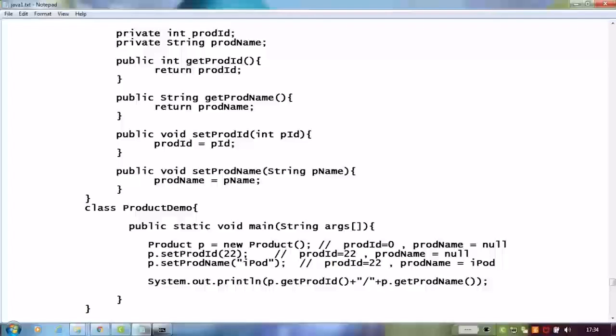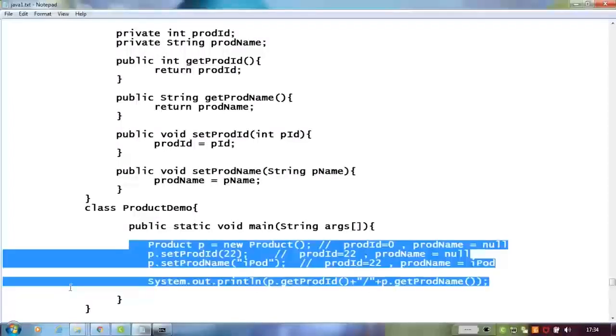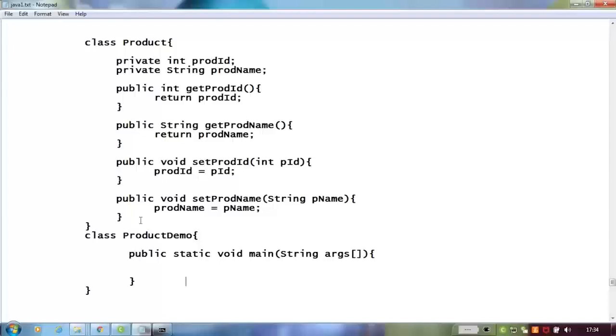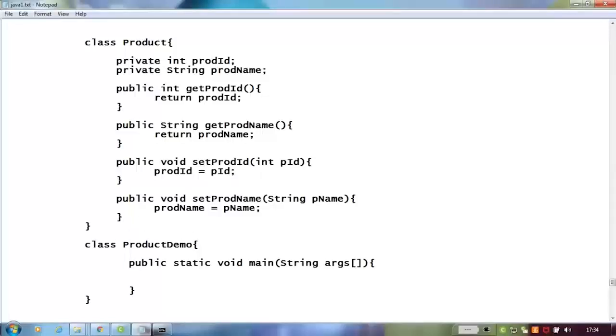Let me remove all those things from here. Now here we have this product class as a bean class, and the ProductDemo class contains the main method,